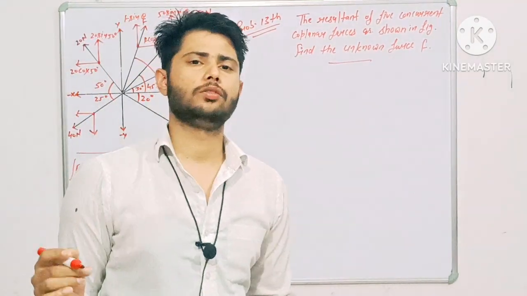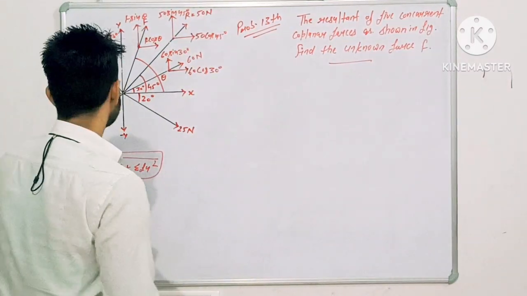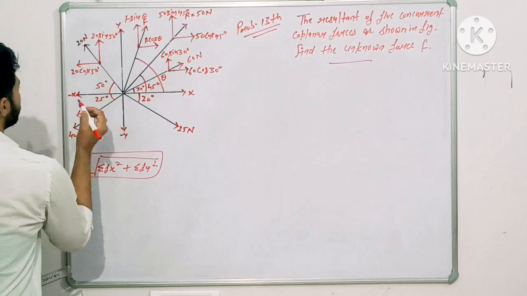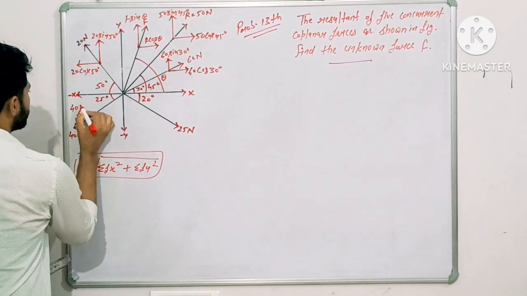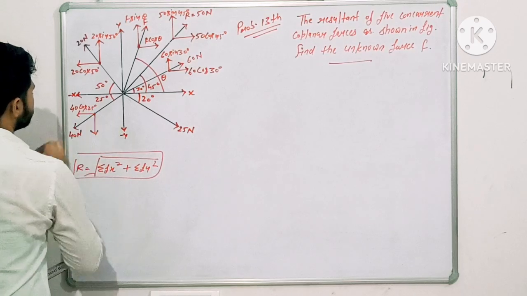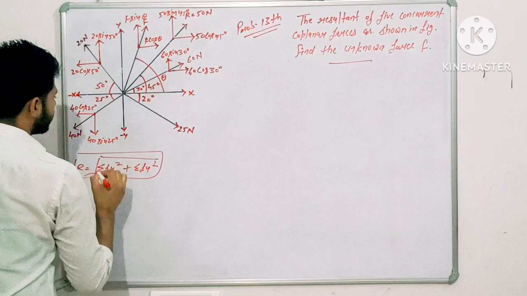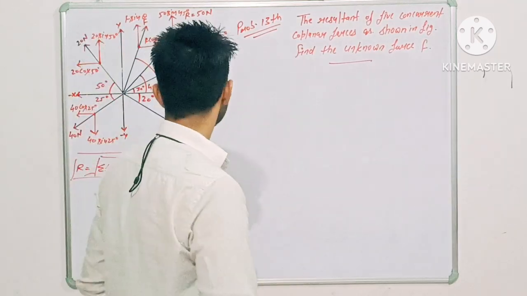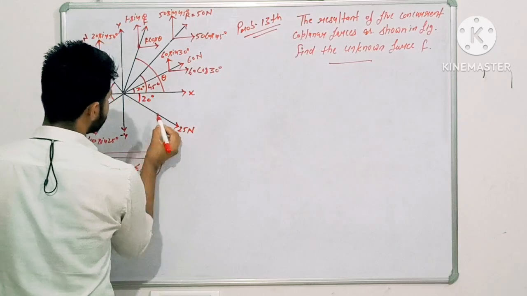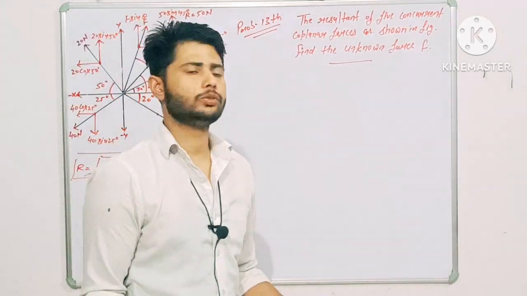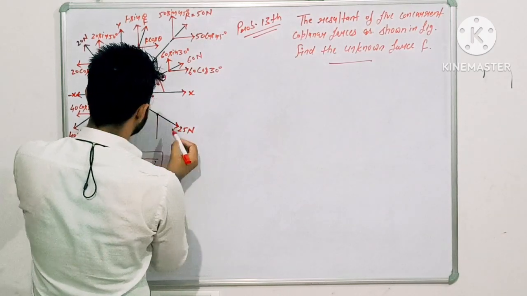And this 40 Newton of force is inclined at 25 degrees. So I am taking this 25 degrees as the angle with the horizontal axis: 40 cos 25 degrees and 40 sin 25 degrees. Okay. Now come next. Take a point before the arrow. Choice is yours, so I am taking it anywhere before the arrow.